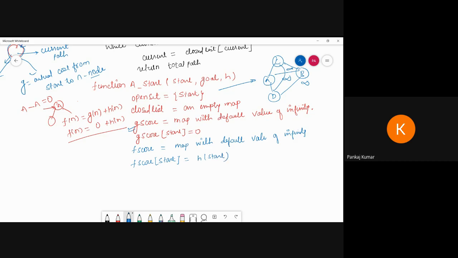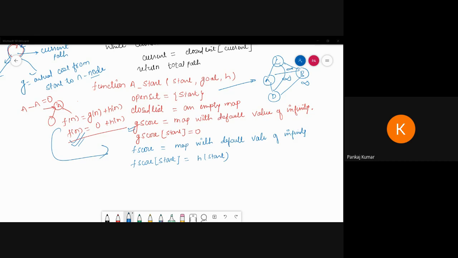Whatever the value of the function, this line is written for this purpose. Okay, is it clear?